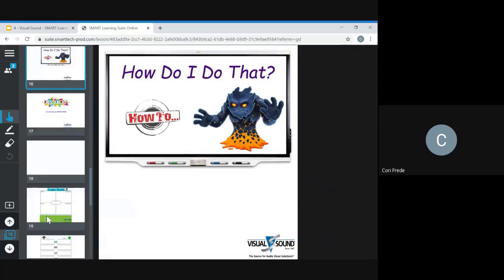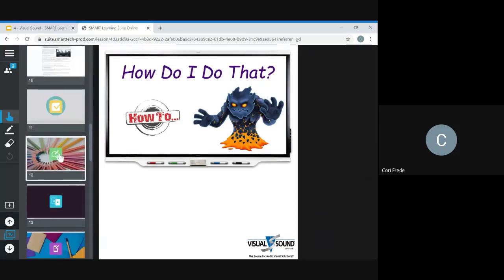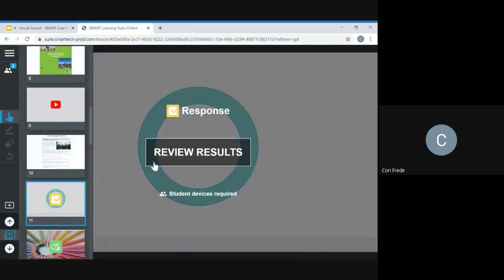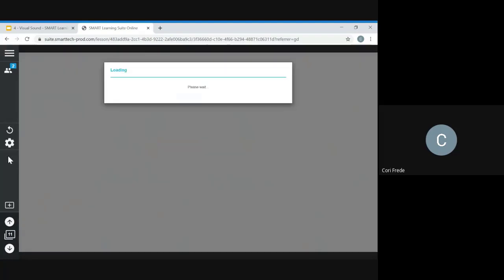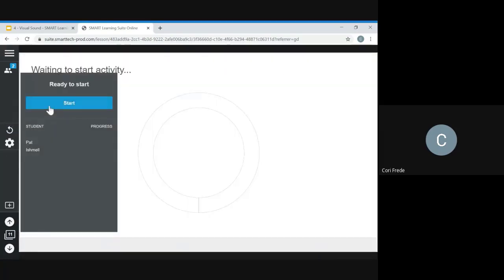Do I have any set up? All right, so when I go to response, because that was one that requires students, I'm going to reset it because I want it to be from the beginning. If you look at your screen right now, it should say waiting for teacher to start, correct? Your teacher isn't running this. Yes. Okay, so when it is a collaborative activity or one that has to be synchronous, that's the message